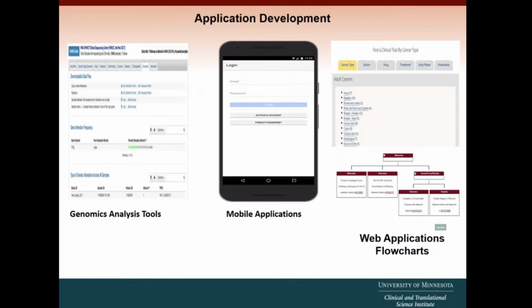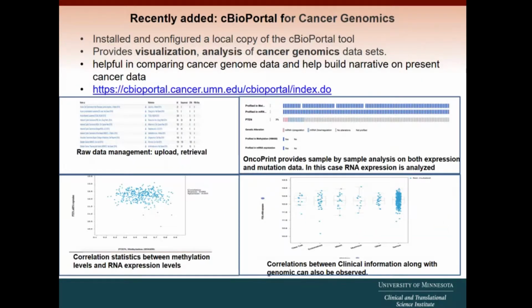Application development: some web pages or mobile apps. This is a recently added tool, the cBioPortal for cancer informatics, or cancer genomics, for genomics data analytics. cBioPortal is now managed by Jinhua Wang's team, the Cancer Bioinformatics director, and it's now available. This is like, I think, best practice. We installed a local copy of cBioPortal. It's now available through the